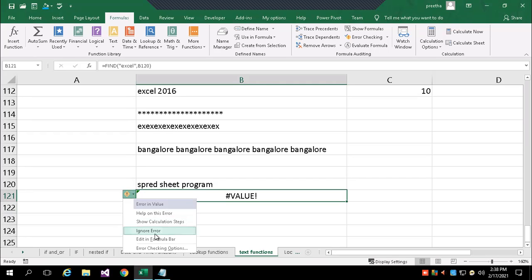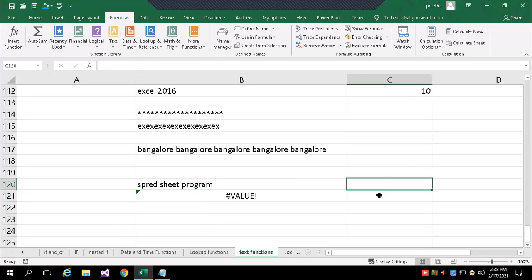Why error? We only know that if the searching text is not found in the text, it automatically returns error.